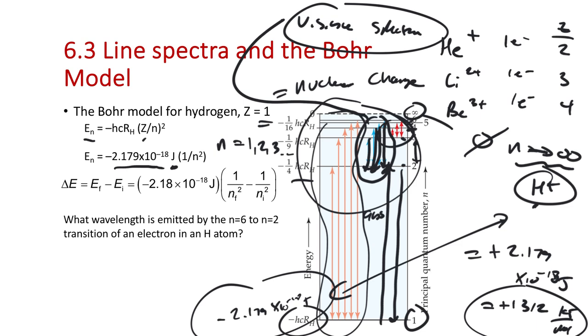So this question here is one I think we can show and have an understanding of how this is working. So if we wanted to try to show the wavelength that's emitted by the 6 to 2 transition by the H atom, we should be able to show that with the Bohr model equation on the page here. And the way I would think of doing this would be to calculate the delta E for this transition, and then from that delta,